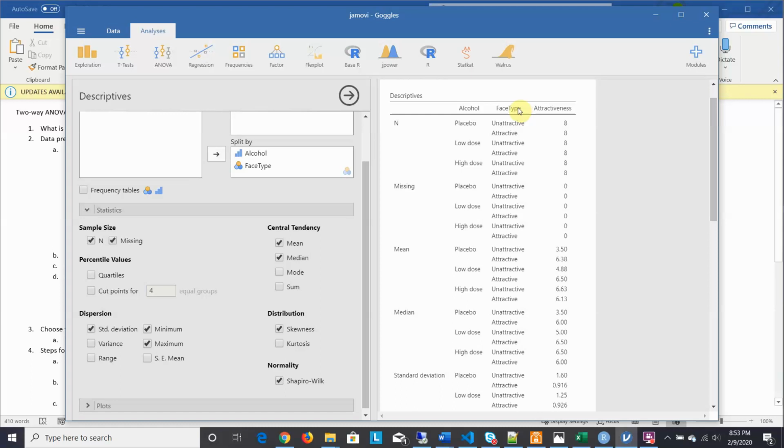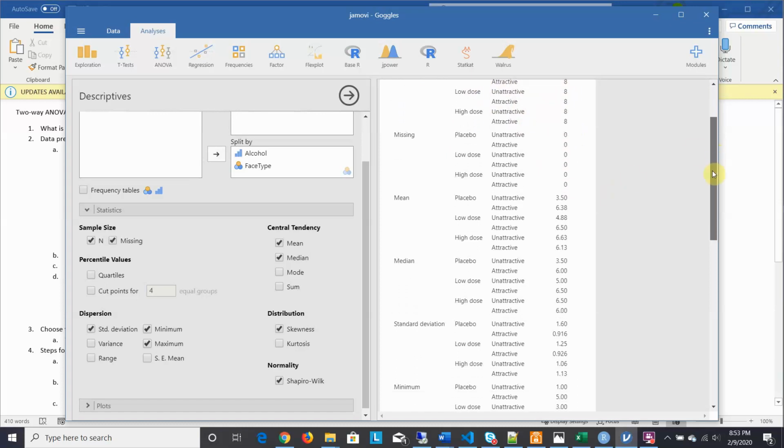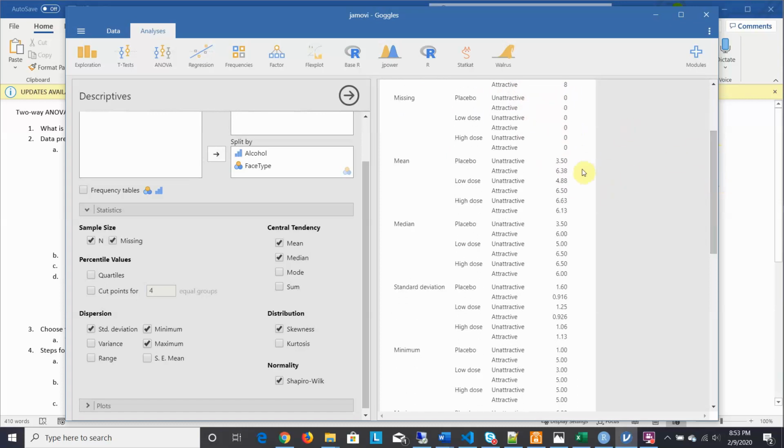And some of our numbers came up. We can see that we have 8 in each group according to our 2 categorical variables. No missing data. We have means for each of those groups, medians, standard deviations,